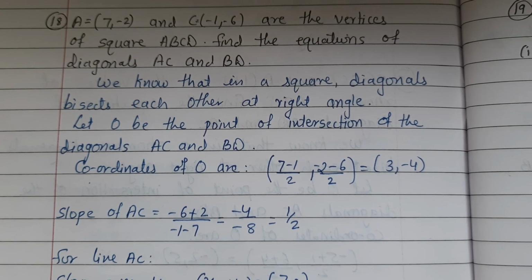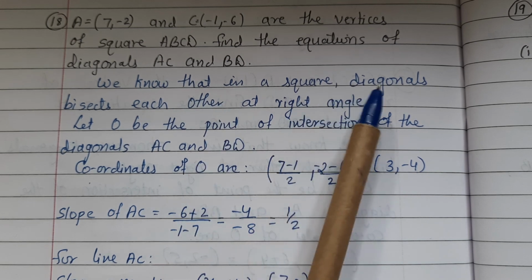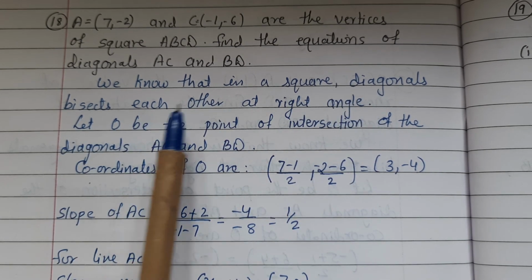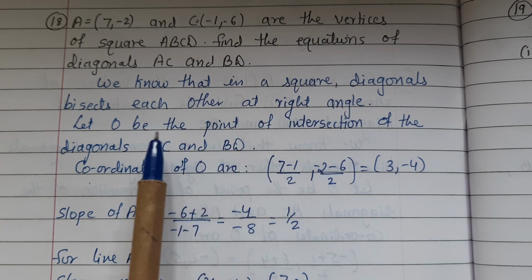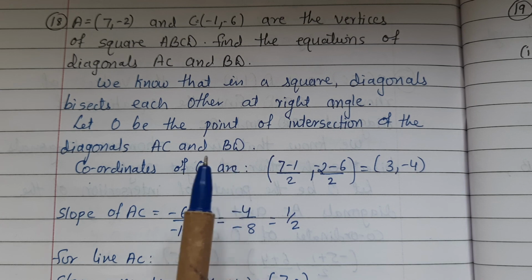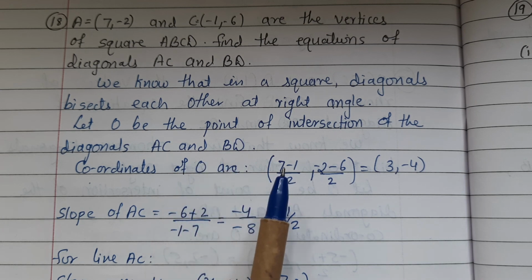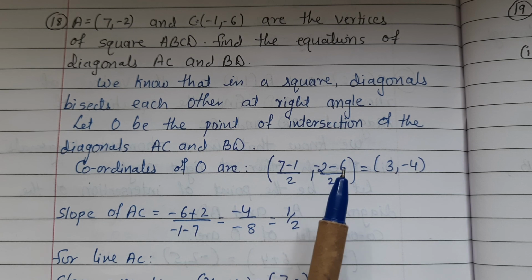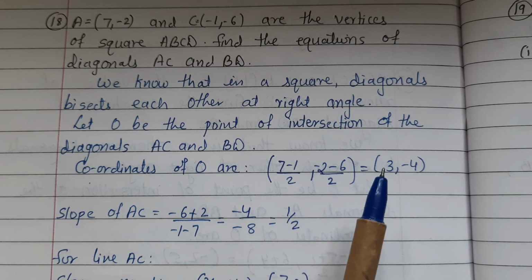Sum number 18. A (7, -2) and C (-1, -6) are the vertices of the square ABCD. Find the equation of diagonals AC and BD. We know that in a square, diagonals bisect each other at right angle. Let O be the point of intersection of the diagonal AC and BD. Coordinates of point O are ((7 minus 1) upon 2, (-2 minus 6) upon 2) equal to (3,